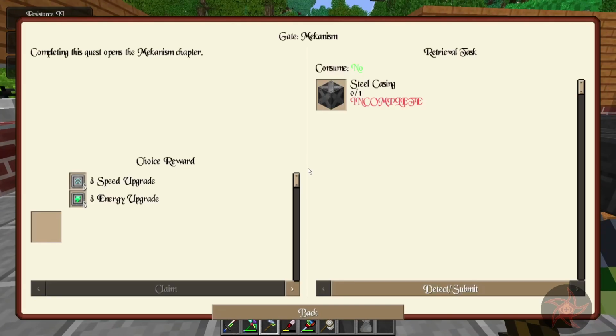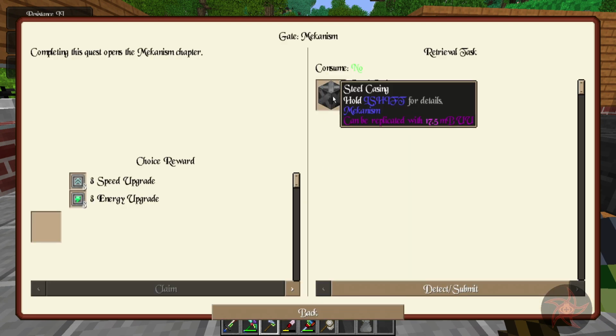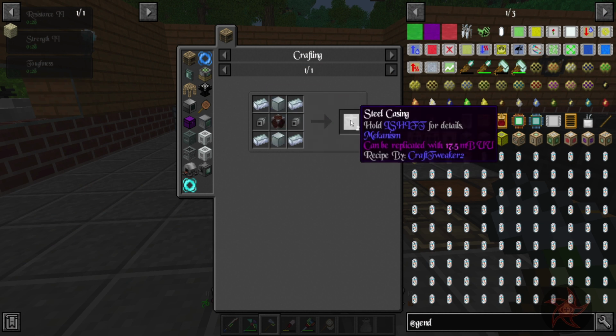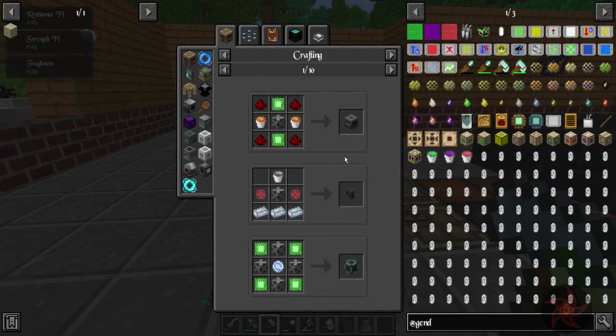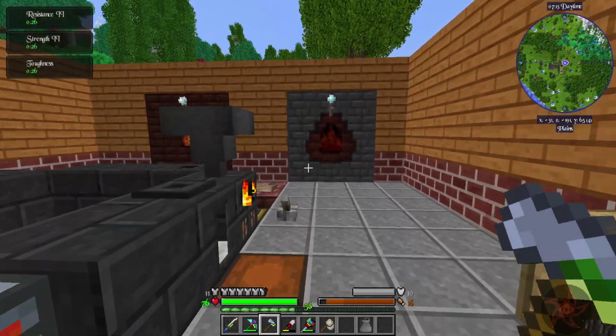And to get into Mekanism, we have to do some Immersive Engineering as well. I mean, not so much for this part, but the first machine that you have to make is a metallurgic infuser, and it requires copper wire coils, so...